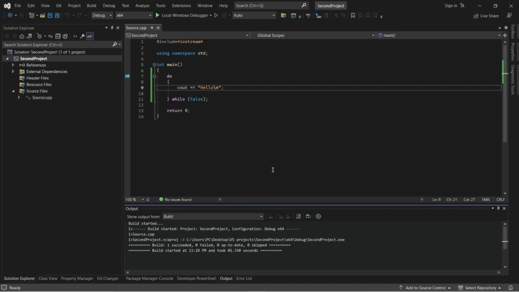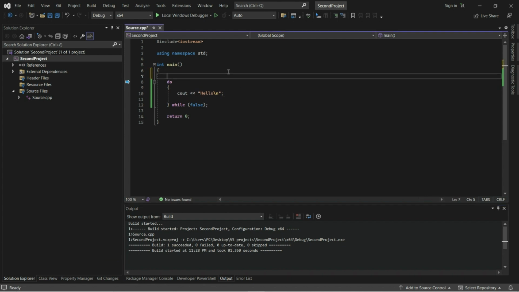I wrote program in lesson 7 where user guess number between 0 and 10 and I used there if-else statement. Downside of that program is that user has only one chance to guess the number. With loops, we can allow user to have multiple chances to guess the number. Let's write that program again, but now we will use do-while loop. So again, I need two numbers, number and guess number.